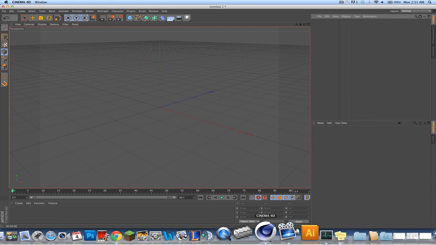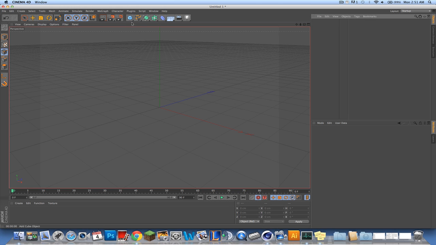Hey everybody, today I'm going to be showing you how to make a basic explosion, and I'm going to demonstrate using a sphere. It's going to start out as a normal sphere, and then it's going to gradually explode and then condense back together. So this is going to be in Cinema 4D obviously, and first off you're going to want to